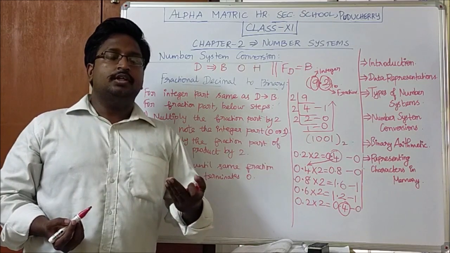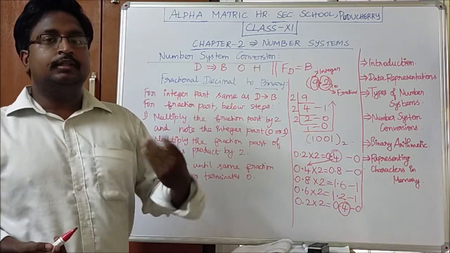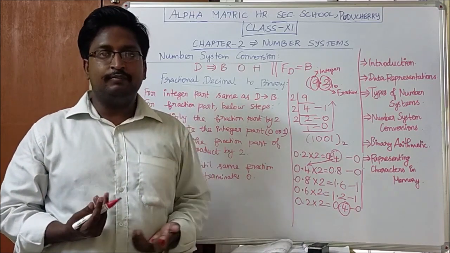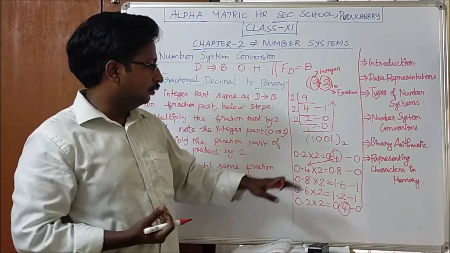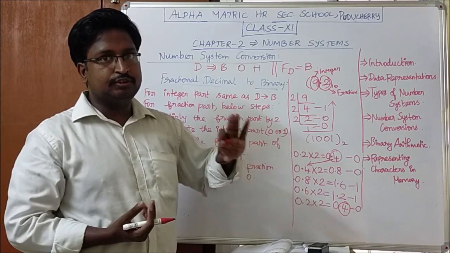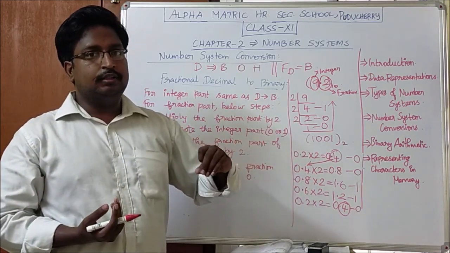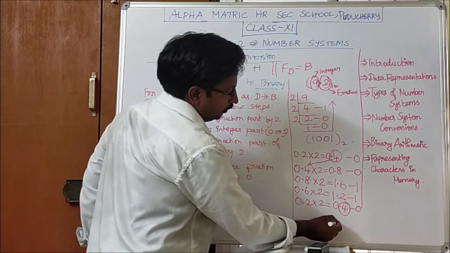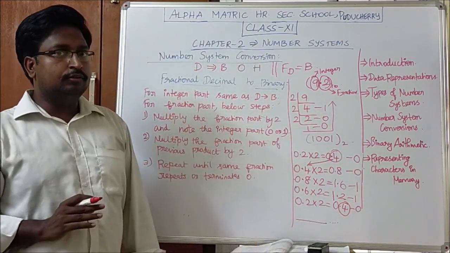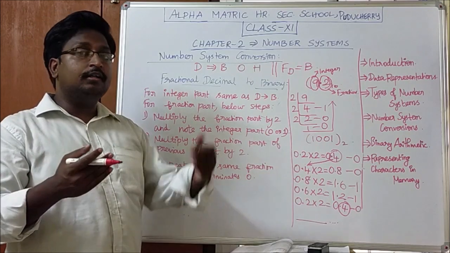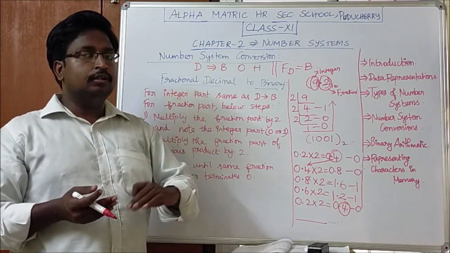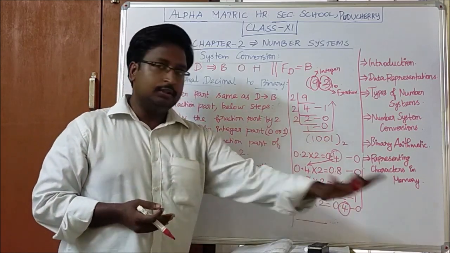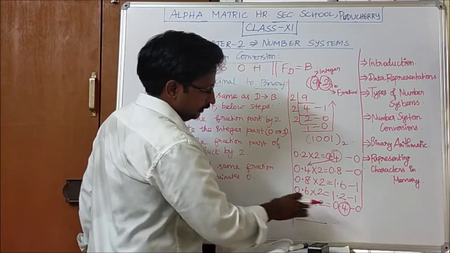In case we don't get the fraction part again, we have to stop at a maximum of 7 times multiplication. You can go with 7 times multiplication and stop, and you can write the answer and put the etc. symbol, that is, dot dot like that. So if you don't get it until the 7th multiplication, you can stop with the 7th multiplication and write the answer and put the etc. symbol.